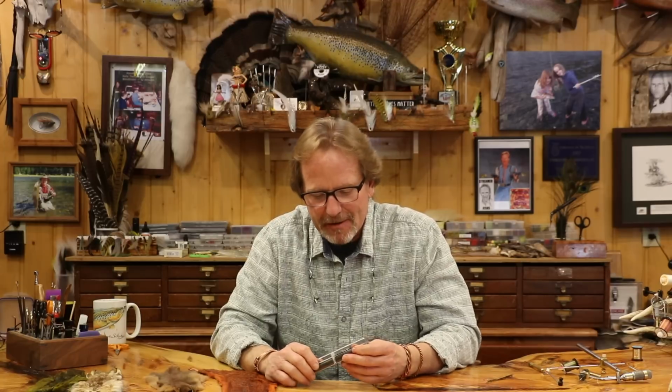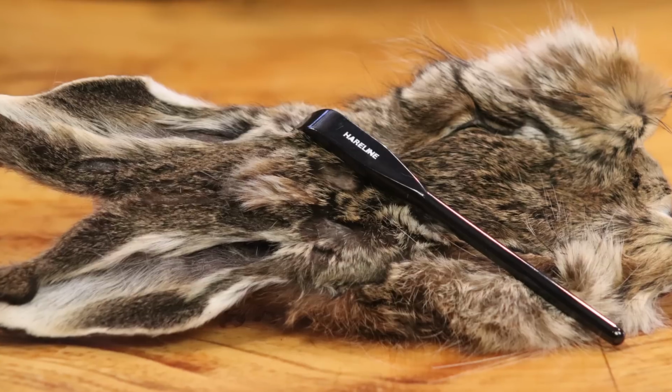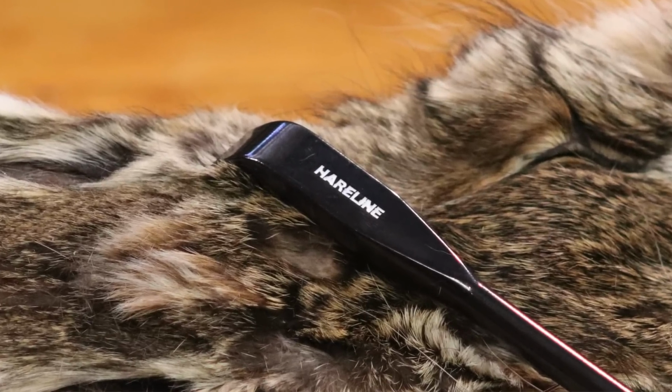Welcome back. Today we're doing an unveiling of a product that I thought was kind of a joke, to tell you the truth. This is a ceramic zirconium dubbing rake. For those of you who have watched me in the past, you know that I don't really do too much stuff on tools. And when this one came out, I thought it was a joke, partly because I